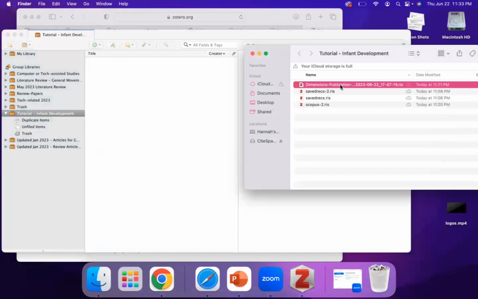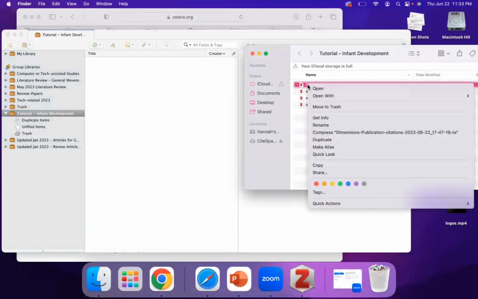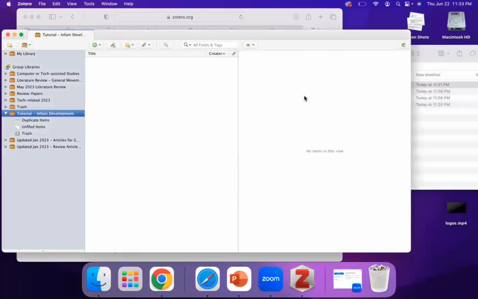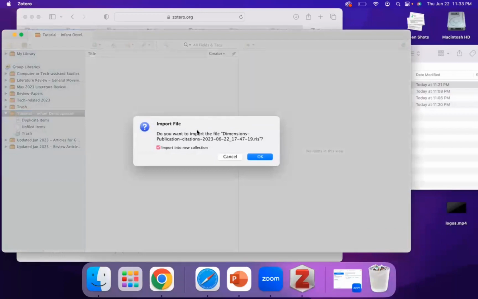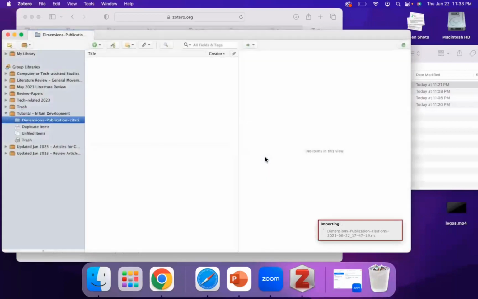In this case, I'm going to click on Dimensions, and then I'm going to say Open With, and then it'll ask me if I want to import the file, and then I'm going to say Import into New Collection. So I'm going to say OK, and then you will be able to see all of the publications being imported here. So as you can see here,